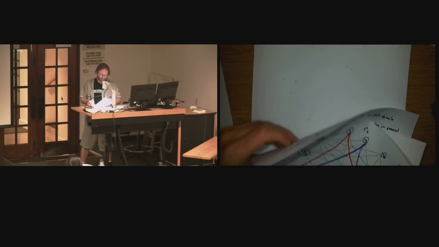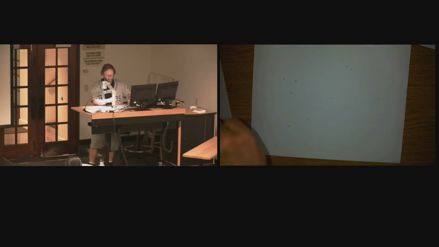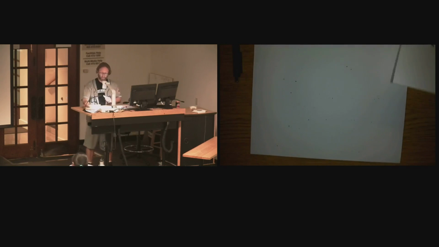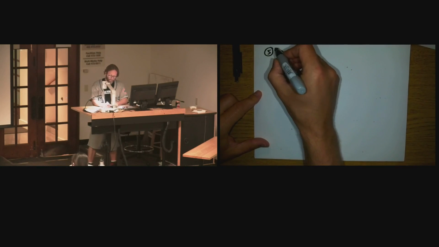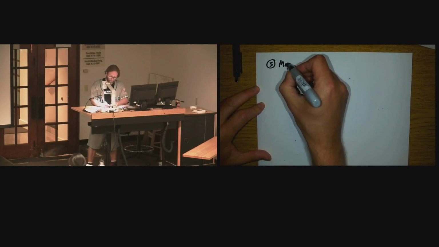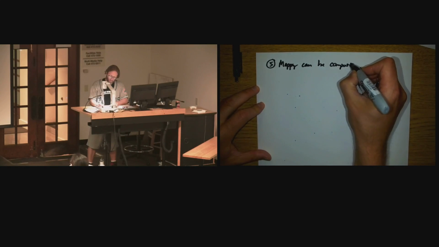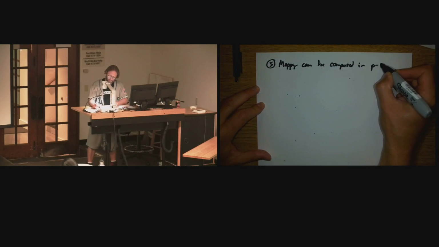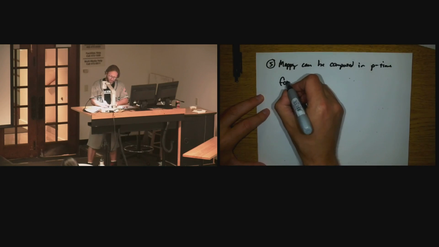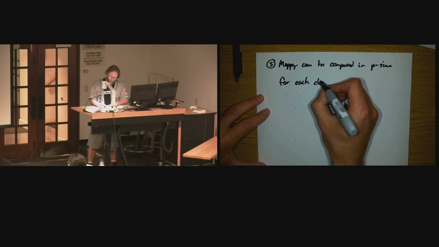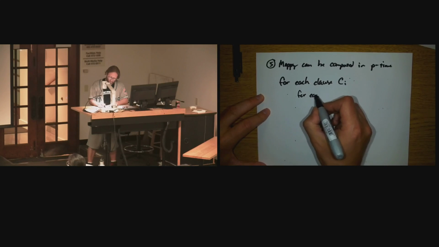So that's the idea there. That's the mapping. We gave a high-level proof that it preserves the solutions, but now we need to do step 5. The mapping can be computed in polynomial time. And that's pretty easy because all you have to do is, for each clause Ci, for each variable